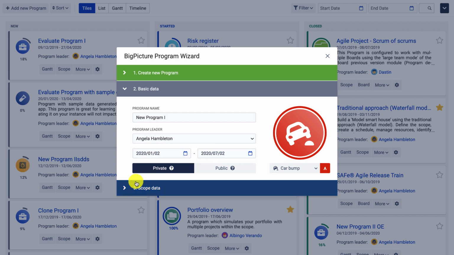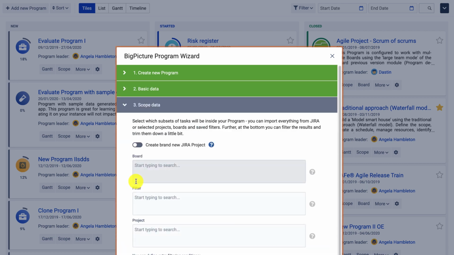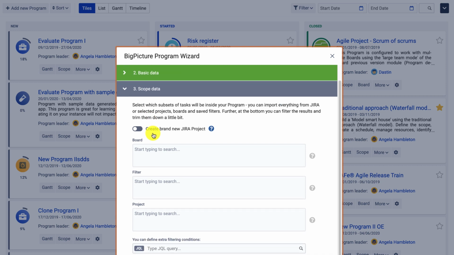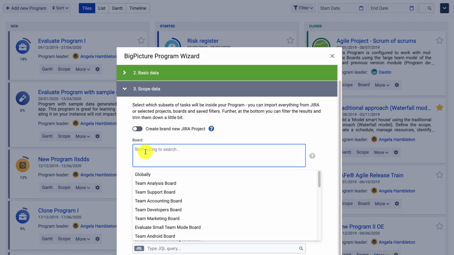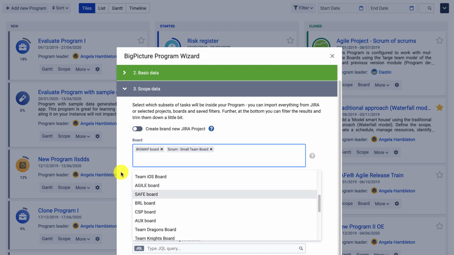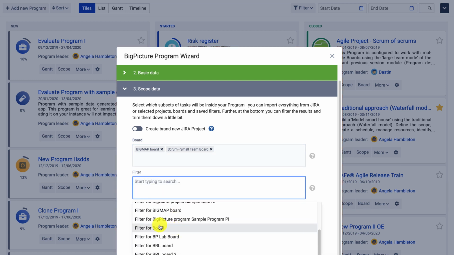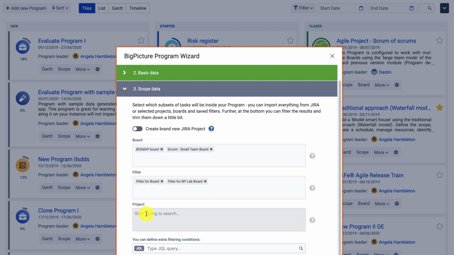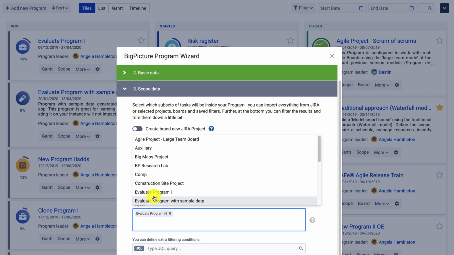as you like. The most important here, I would say, is step 3, scope of data, where we decide which Jira issues will be pulled in or synchronized with BigPicture or Gantt. You can define the scope by selecting from the previously created Jira boards, or use previously saved JQL filters, or simply select from the list of projects. As you can see, as I keep adding items, the number of issues within the scope increases, indicating that there is an